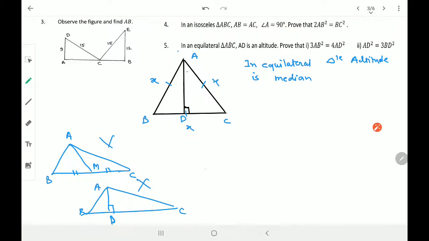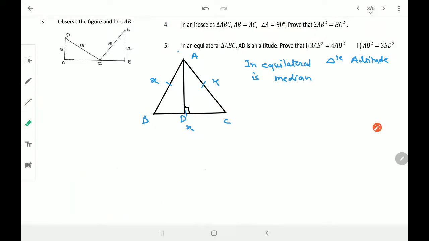Okay, they are not same, but in case of equilateral triangle these are same. So AD is altitude as well as median. Median मतलब क्या हो जाएगा, ये दो sides क्या हो जाएंगे, equal हो जाएंगे. तो if BC is x, DC is supposed to be x by 2. Very very important value one should know. So here therefore DC is equals to half of BC, which will be half of x, or you can write it as x by 2.